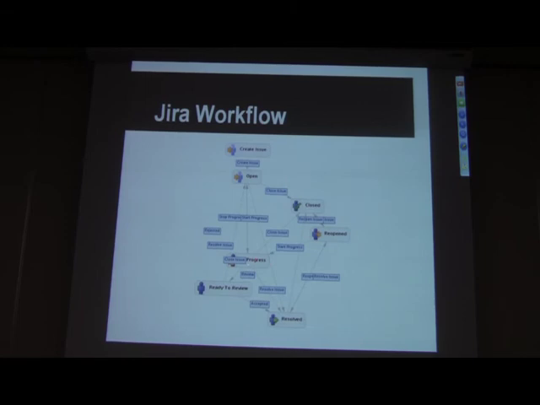When that person is done, depending on if that person is a committer or not, he can either resolve it or he can submit it to the review board. So when it's ready to review, that means he already submitted to the review board. If it is being resolved, that means it has been committed to the branch. Now, it's possible that what he fixed broke things and people reopened the bug. So it's possible that it got reopened, and then he can work on it again. And so when it's all done, then the bug will get into closed.